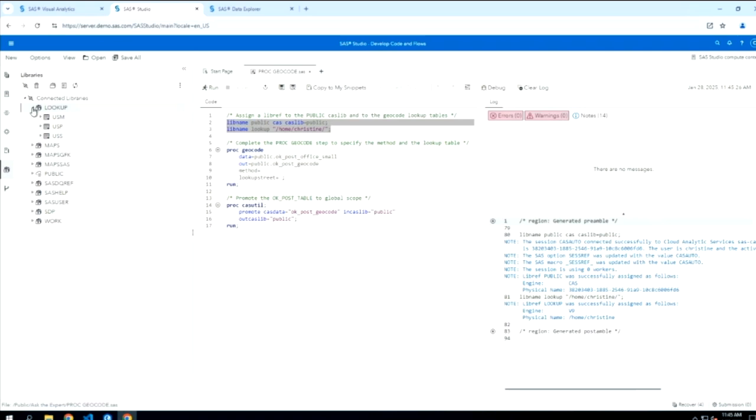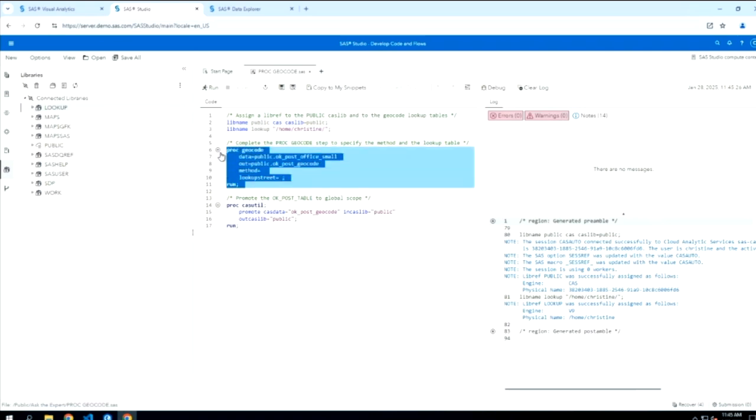proc geocode. Then I have my proc geocode procedure itself here, and this is almost complete. I've said that I want to geocode my OK Post Office small table, so very similar to what we just did in the last example. And I want to create a new table called OK Post Geocode.